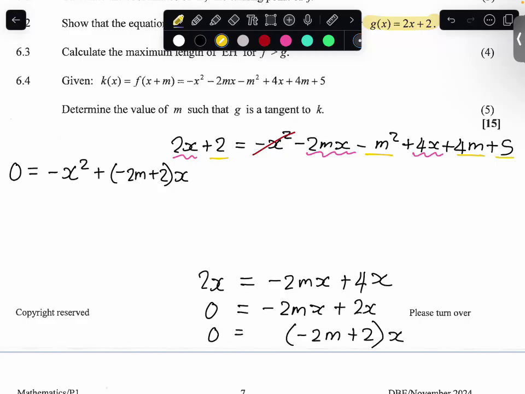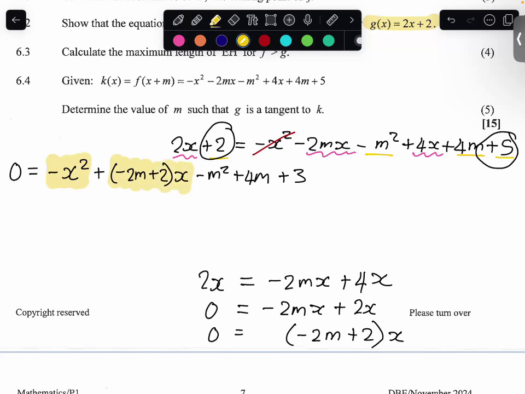c, sorry. My brain's not working. Everything else in the sum that doesn't have an x attached to it will be part of the c value. So when we have ax squared plus bx plus c, everything that does not contain an x or an x squared will be part of the c value. And so this is going to be minus m squared plus 4m plus 5 minus 2 is a plus 3. Right. And so that means I now have my equation in the form 0 is equal to ax squared plus